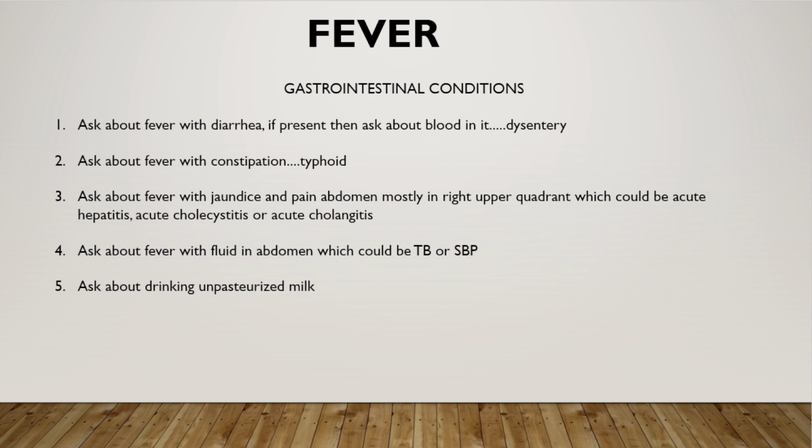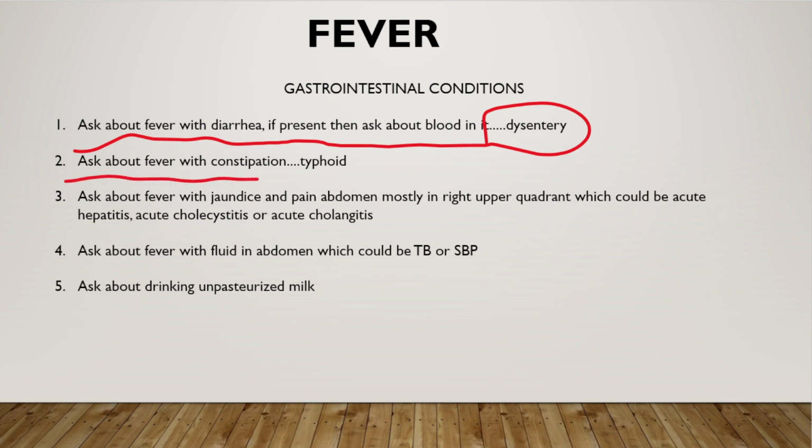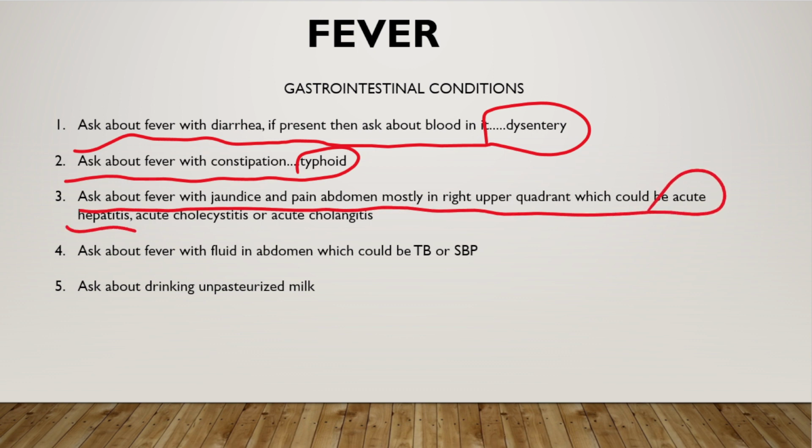So we'll ask if the patient is having fever with diarrhea. If yes, we will ask about any blood in it. If it's present, then dysentery is one of the differentials. We will ask if the patient is having fever with constipation, so in typhoid it can occur. We'll ask about fever with jaundice and pain in the abdomen, mostly in the right upper quadrant, which could be acute hepatitis,